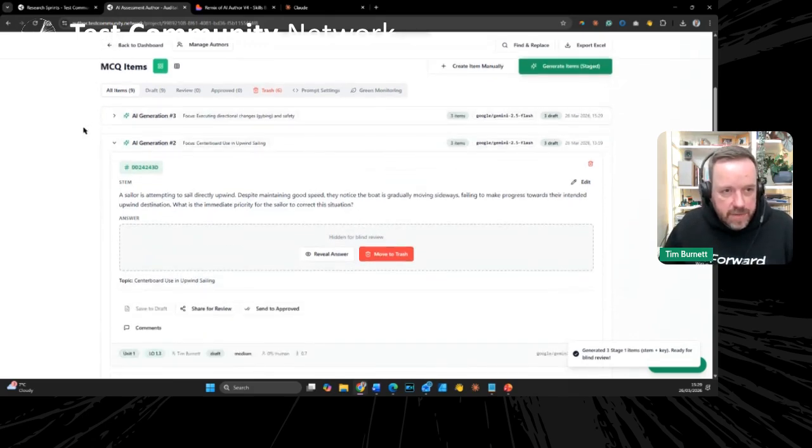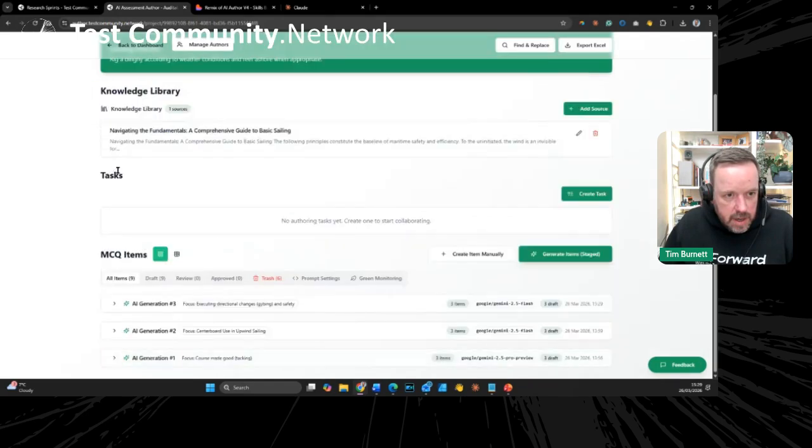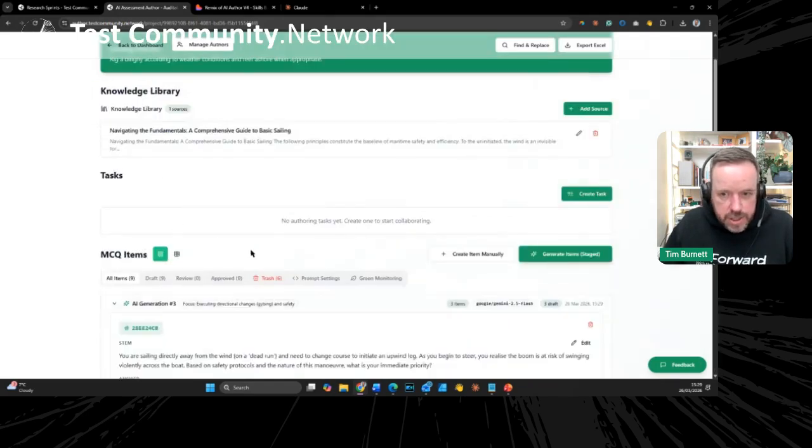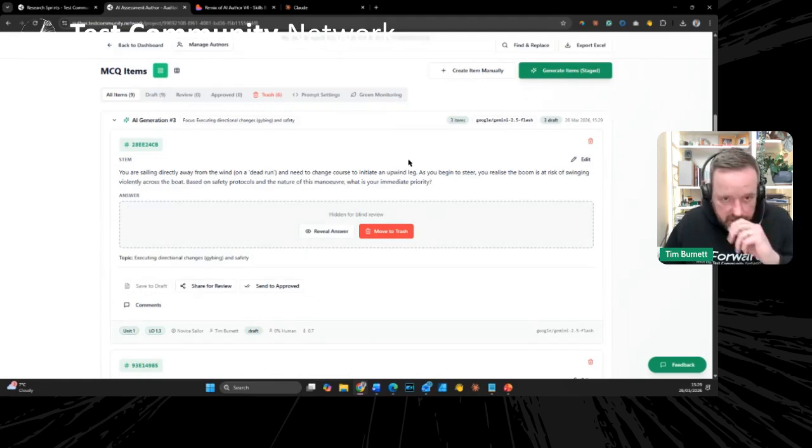So what I've done with this one as well is each generation comes through as a batch. One thing I've been trying to do, because as part of the guidance you've got Ofqual and NCCA, they're all looking for audit trails with the prompts. So at every stage of this, the reason it's in batches is because it remembers the prompt settings that have gone in there. And when you export that set of data, you're going to get those prompts through.